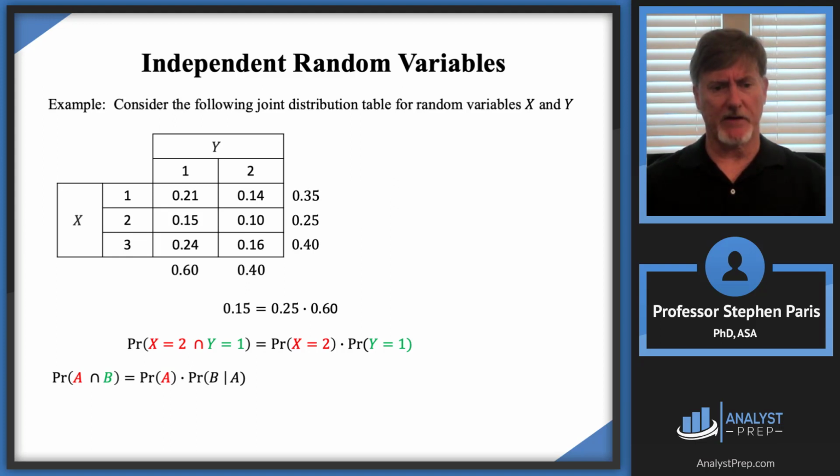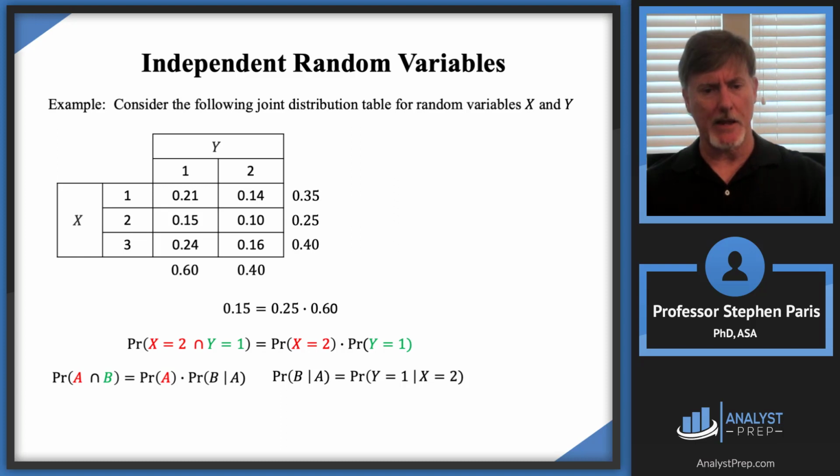On the left-hand side, I've got the probability of A intersect B, and I know that that's always equal to the probability of A times the conditional probability of B given A. So let me focus on that last factor, the probability of B given A, and fill in the events: B is the event that capital Y equals 1 and A is the event that capital X equals 2. But I found before that this conditional probability that capital Y equals 1 given that capital X equals 2